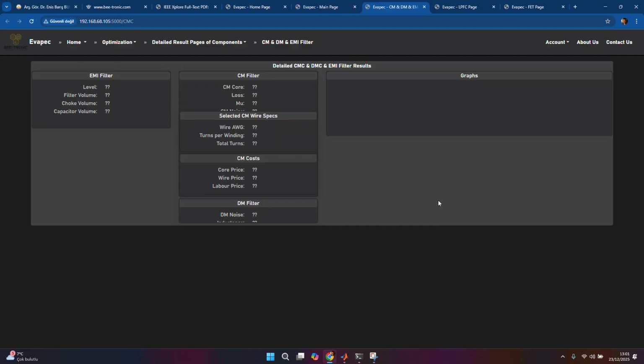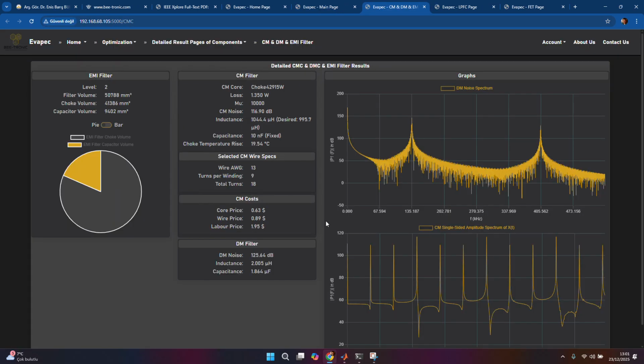And also in the EMI part, I have my own DM and CM estimation parts. Of course, these are estimations. DM is calculation, but CM is estimation because common mode noise has its own uncertainty. So without finishing your PCB design, you cannot estimate the parasitic common mode capacitance. Therefore, it's just arbitrarily selected. There is an arbitrarily selected 100 picofarad behind that,